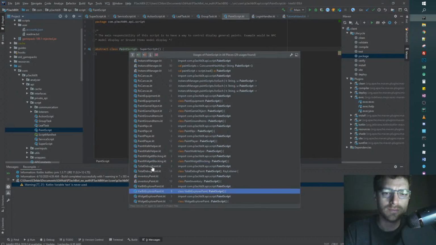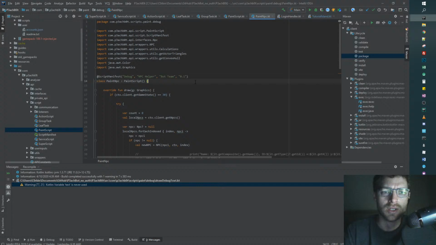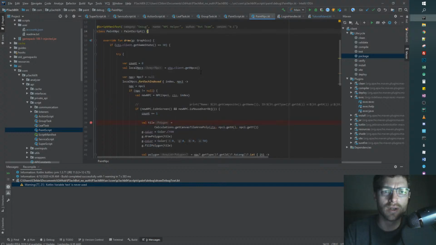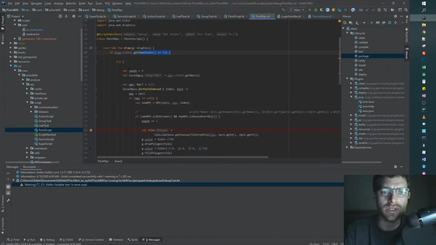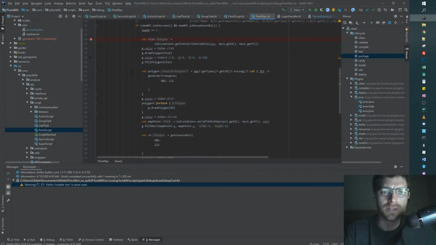We can quickly look at like an NPC paint script. So for example, here we have a little check to make sure that we're logged in, and we get all the NPCs, we loop over their tile, calculate their triangles for the model, print that out, and then we print out, to